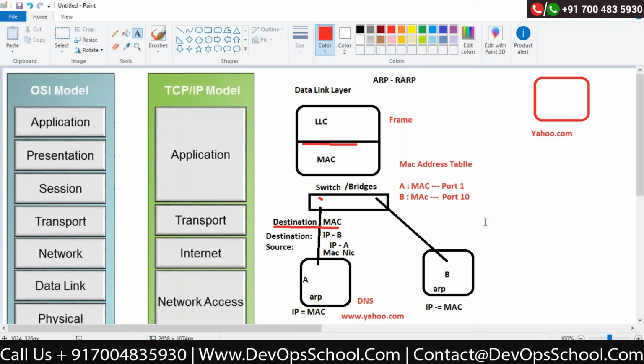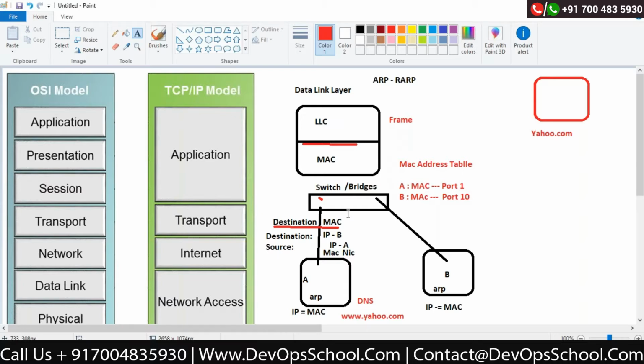The data link layer says it has to work on MAC addresses. It does not know any kind of IP address at all. But you are able to go to yahoo.com. How? Remember, whenever a packet is generated for yahoo.com, you're trying to open a website, correct? The data packet would be generated through the browser.